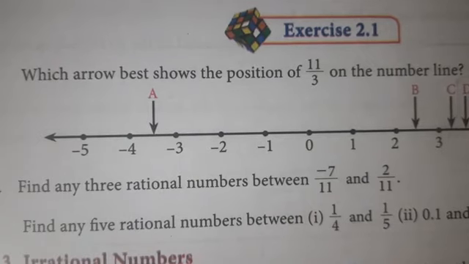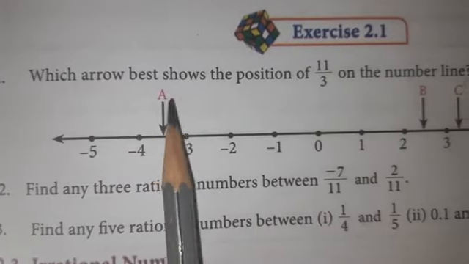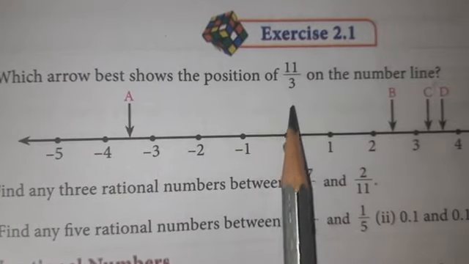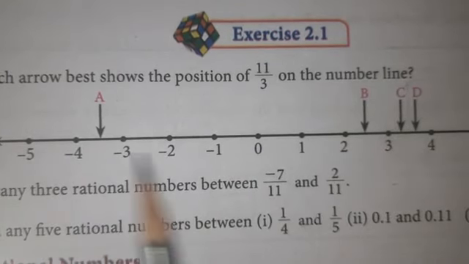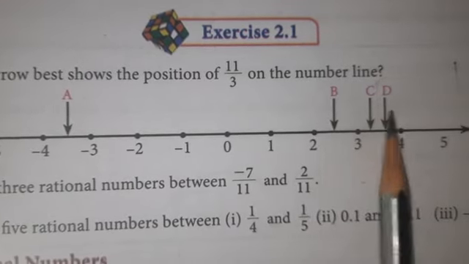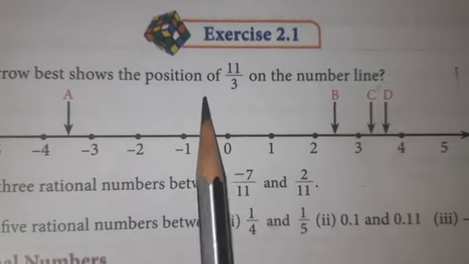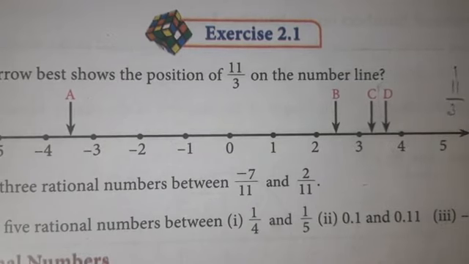Let's see exercise 2.1. First problem. Which arrow best shows the position of 11 by 3 on the number line? The number line is given. The arrows are A, B, C, D. You have to mark the position of 11 by 3. When you divide 11 by 3, you will get